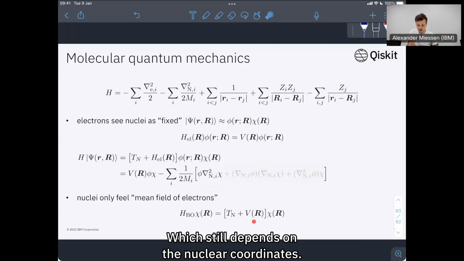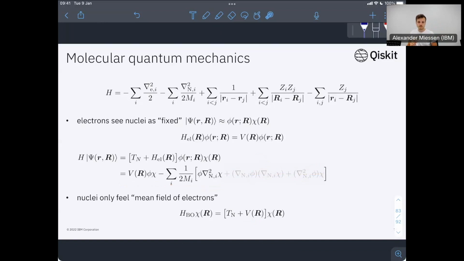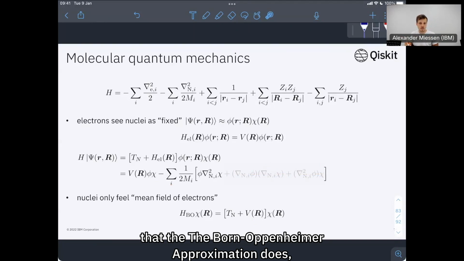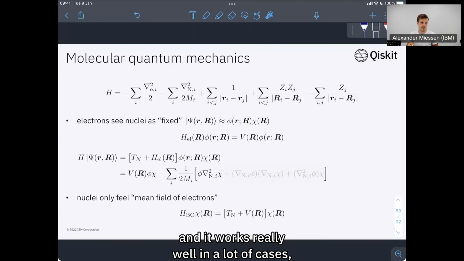Which still depends on the nuclear coordinates. And so this is this great simplification that the Born-Oppenheimer approximation does,